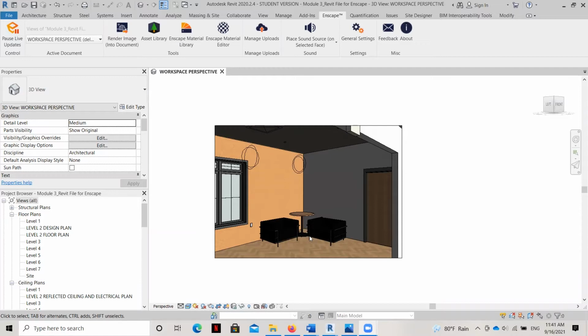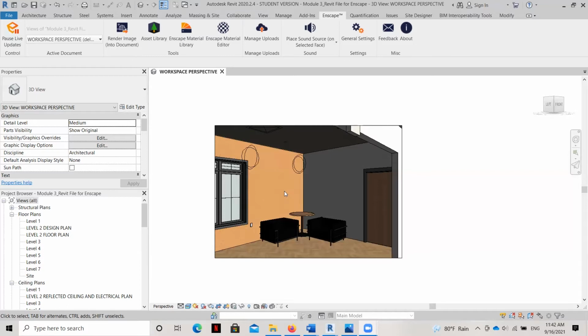Now, if you remember back to Revit, when you're placing Revit families, there are all different types of families. There's floor-based families, which will stick to a floor plan. And then if you remember when we applied sconces to the walls or lights to the ceiling, those were ceiling-based families or wall-based families, which means that the family itself was designed by the Revit operator to be hosted to a ceiling plane or a wall plane. Now, Enscape families are not designed that way. They are not automatically hosted to walls and ceilings.